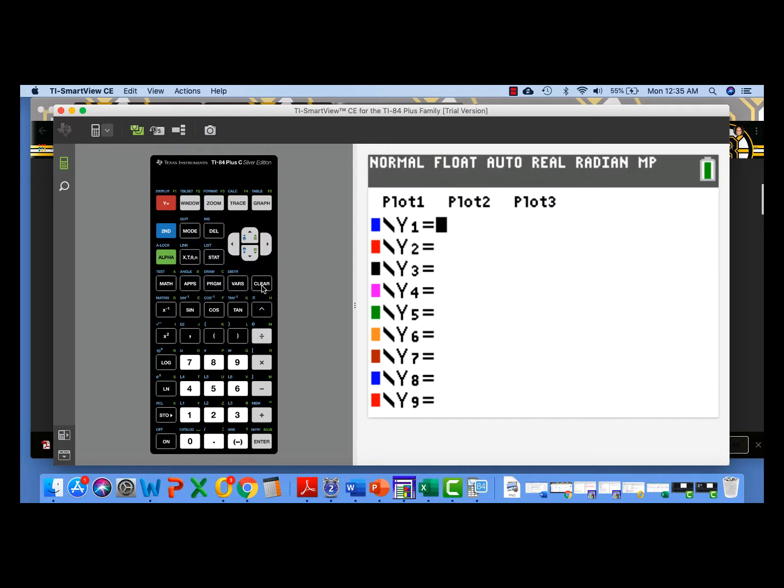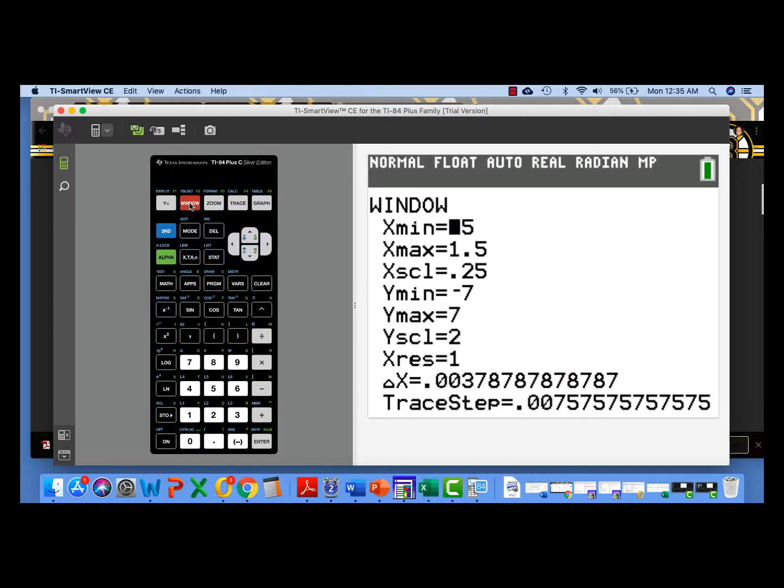I'm going to go to y equals and hit clear, and I'm going to put in our new function for this example, which is negative, don't forget to hit the negative, not the minus sign, 4 cosine of 4x minus pi, and close parentheses. And then I'm going to go to the window, and I'm going to make sure we adjust our window. If we look at our first cycle,